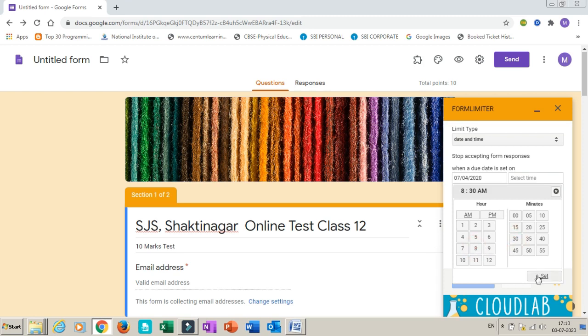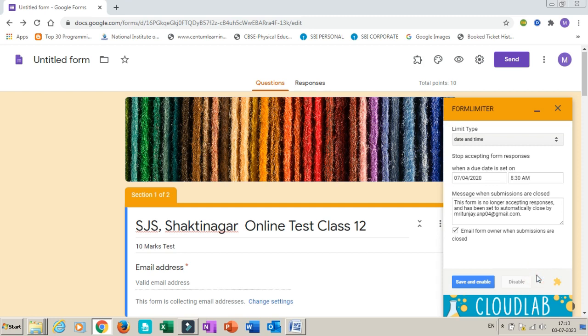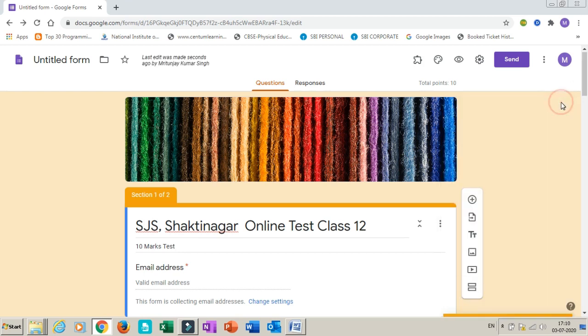This date is for the closing date, not an opening date. Opening time you have to enable. This is now ready. The ending time is fixed. Save and enable. Okay. Now close it.